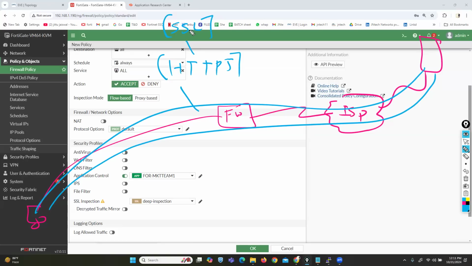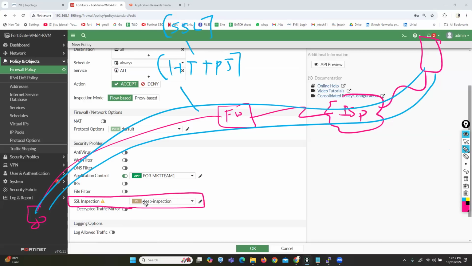Your firewall cannot decrypt this connection. It's not only in Fortinet. You can go to any next generation firewall device. If the connection is HTTPS, then your firewall cannot detect this application. Clear my point? So in other vendors, like in Palo Alto, we can create a decryption policy. In Checkpoint, we can create an HTTPS inspection concept. In Cisco FTD, you can create a decryption policy. And in FortiGate firewall, you can enable the deep inspection feature